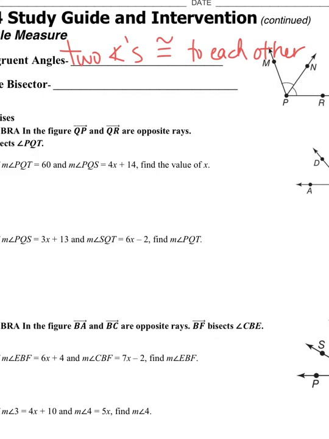Okay. So now that we start using symbols, we have the angle symbol and we have the congruent symbol. Next one is angle bisector. If you have an angle bisector and it tells you that something is bisecting the angle, that means it's cutting it in half. So it's cutting into 2 pieces that are equal to each other. So angle bisector, it cuts